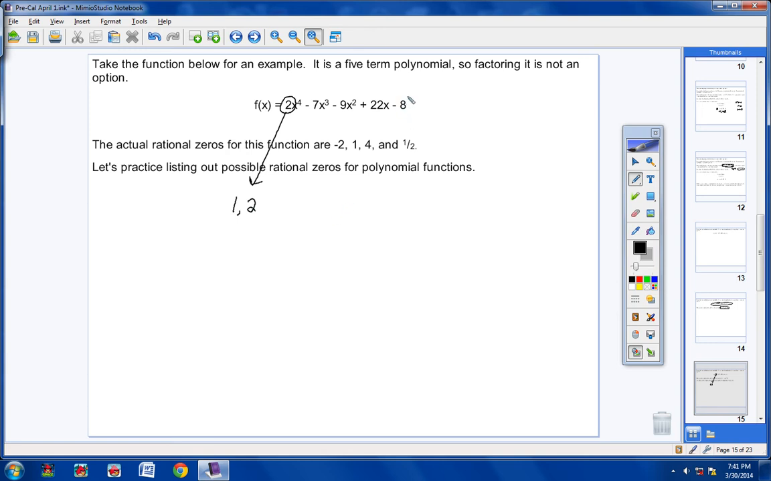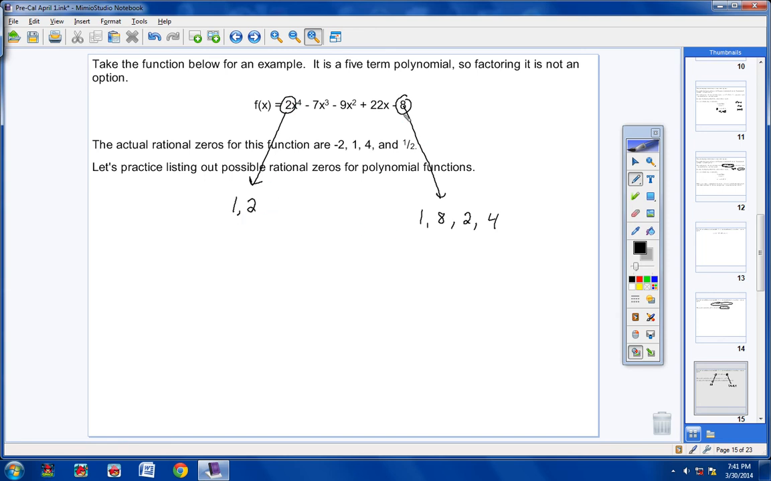Now you go to your constant term, and you list out all the factors of your constant term. Well, that would be 1 times 8 and 2 times 4. That's easy. Which one of you two students could not do those two steps? That's so easy. Both of you can do that. List out the factors of your constant term,